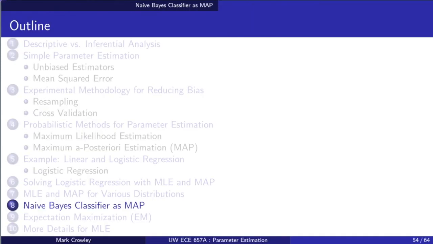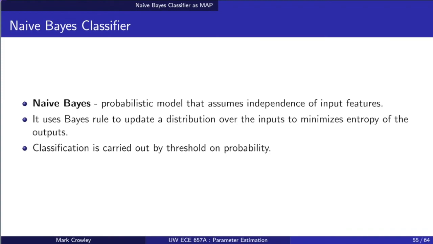So to give you then, we've done k-nearest neighbors as a classifier. We've done